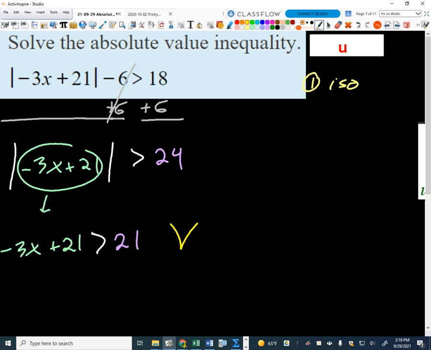Or how about the other one? Somebody else help us out. What's the other one? Be brave. What do you think? Go ahead. You got an idea? Oh, 24. Yep, you're right. That's 24. Thank you. What's the other half of that OR inequality? Do you remember? What's that pattern? It's greater than 24 or